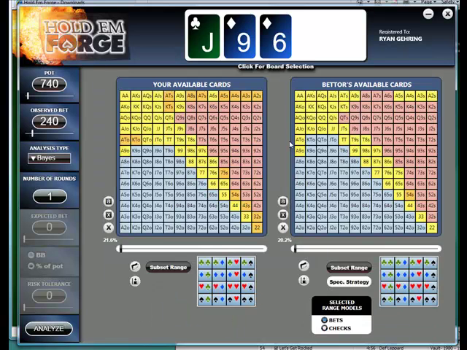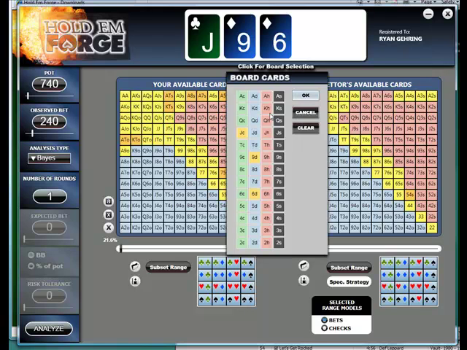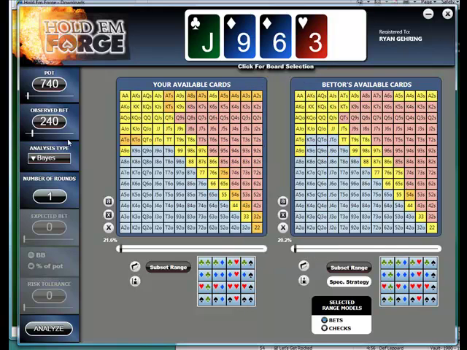I just click the feed forward button. I get 2 new sets of board cards, 2 new grid states, with my range being my calling hands and the other guy's range being the betting hands. Then I just put in the turn card I'm interested in, put the bet size up to whatever I feel like it should be, and run another analysis. So I hope this has been a useful primer in using holdemforge